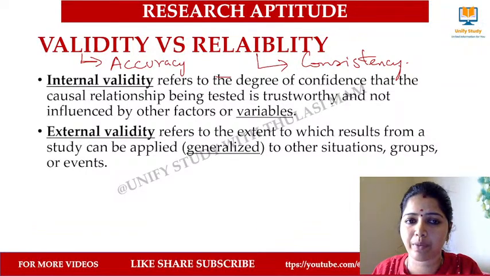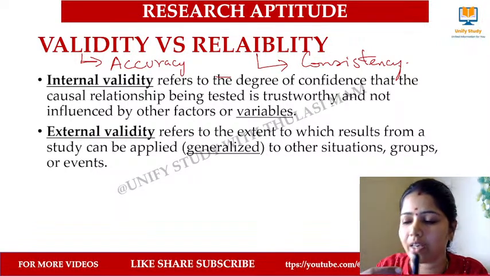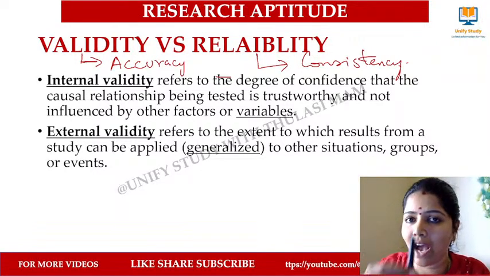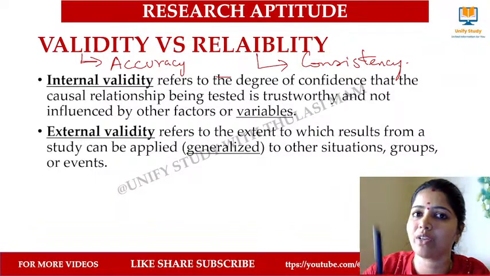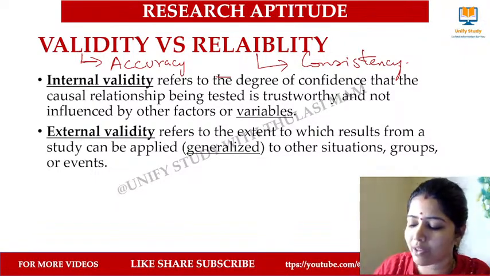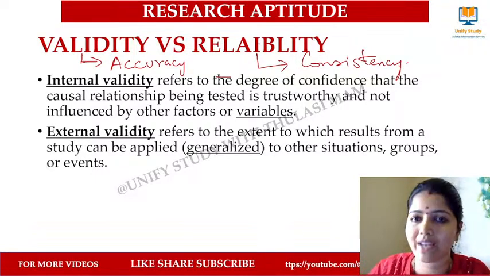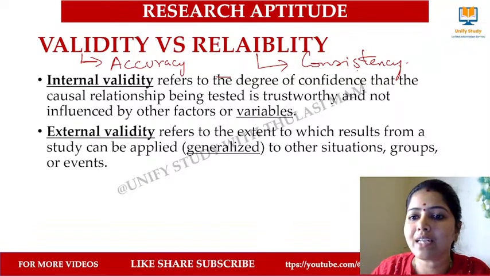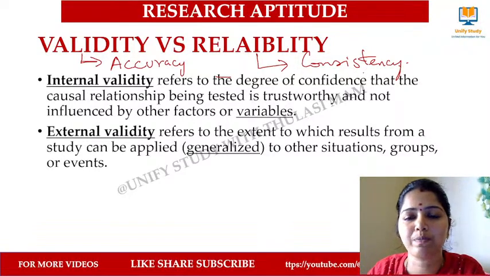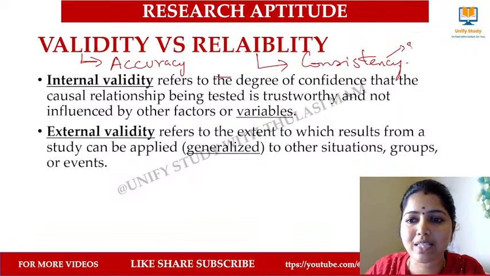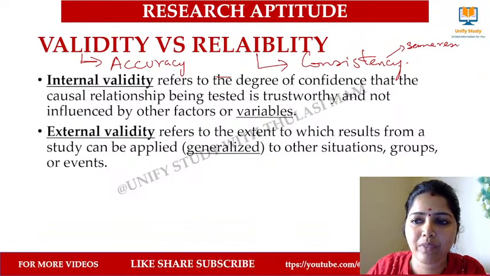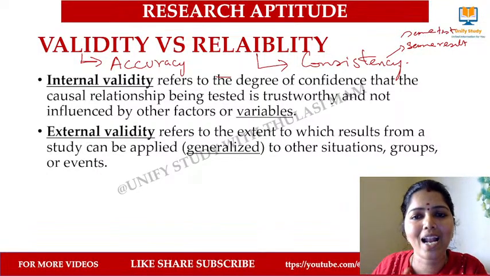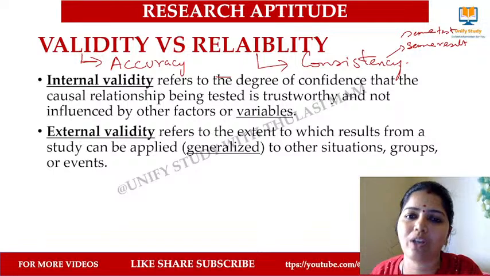What accurate means, first we'll go with reliability. Whenever I'm doing a research, I have to get the same result whenever I do it again and again. I'm using this pen to write, right? Whenever I write, this pen has to perform consistently. It has to give the same result whenever I test. Whenever I do the same test again and again, it should give me the same result, and that I call reliability.